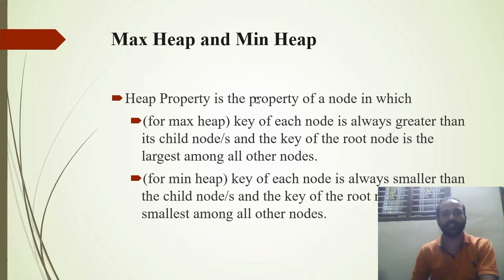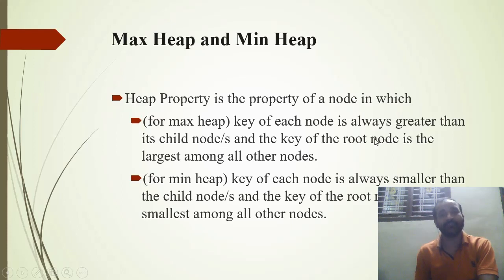Every node should consist of two children, zero children, or one child. Based on that, we can construct a binary tree from left to right. The insertion starts from left to right. So if you take a binary tree consisting of a left subtree and a right subtree, and consider every node, each and every node is always greater than its children,